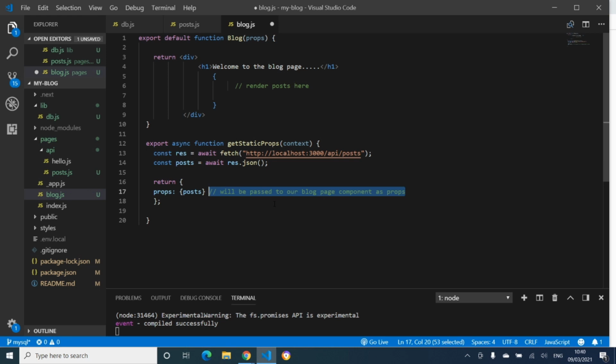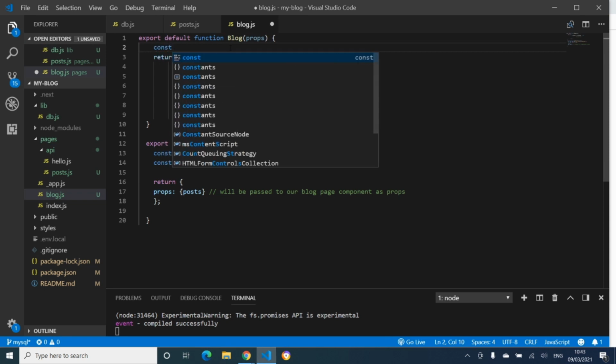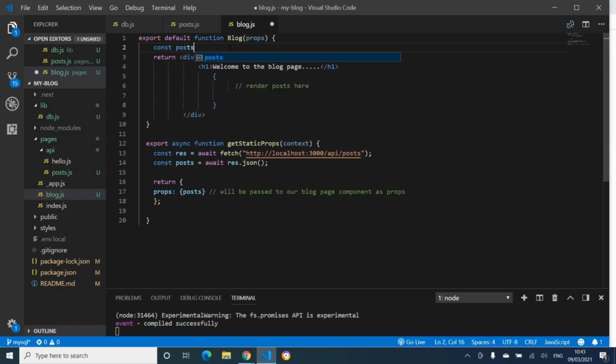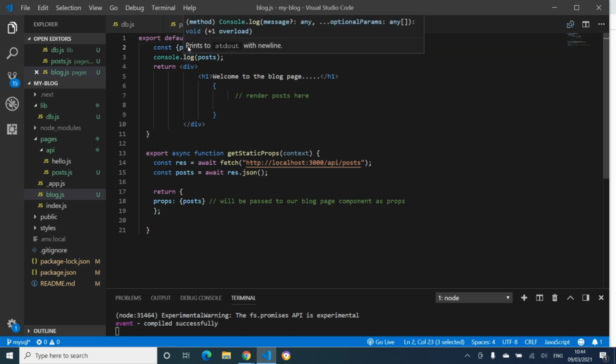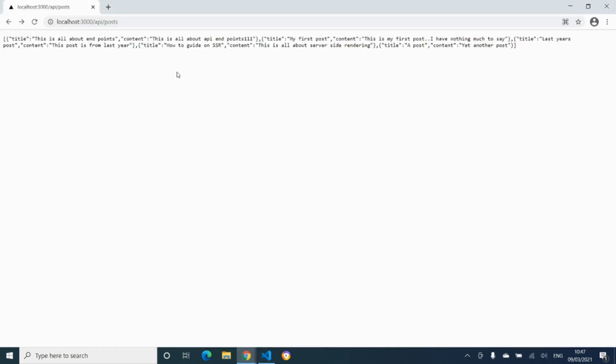Now this will be fed into our blog page, so that's what the props is there. So this return goes into there. To quickly demonstrate this, I'm going to do a constant, and I say posts. We're going to destructure the props, equals props, and then we're going to console log posts. If I save this, it's going to destructure the props and put it into posts. So if I save that, and I go into the browser and go into our blog page,